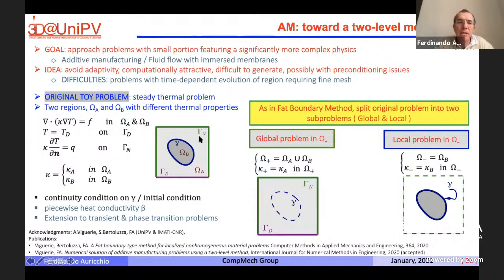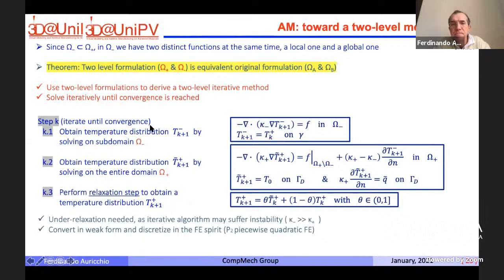So I transform this domain, which has two regions, into a global problem, which I call omega plus, in the total domain, and a problem in the local domain, which is omega minus. And the standard equations I want to solve are the classical heat equations. So I can transform my heat equations, as I was showing you, into something which I solve on the local domain. That's this part. Then I solve the problem on the global domain, clearly with some coupling terms between the local and the global problem, and then I also have a relaxation step.